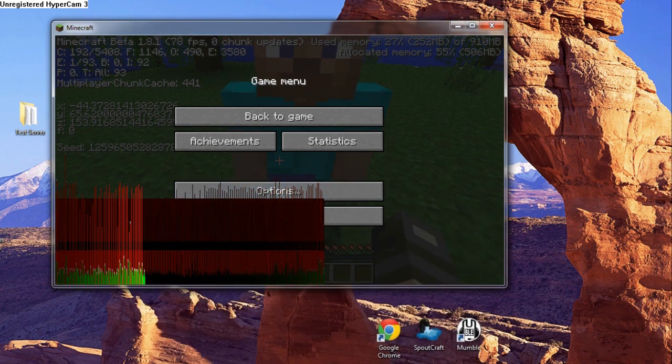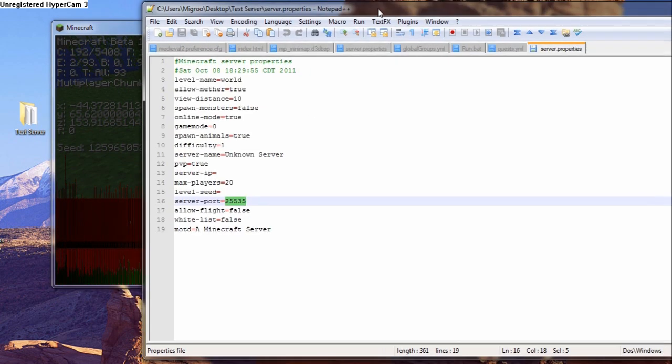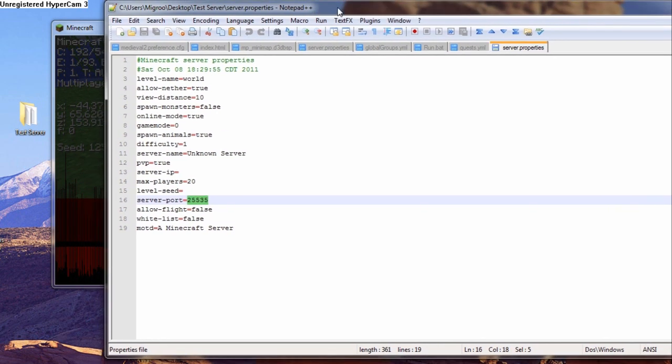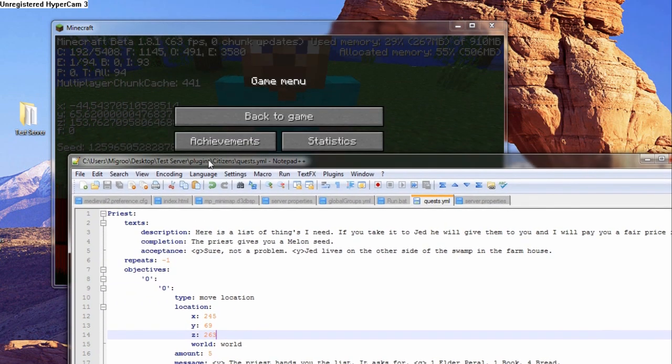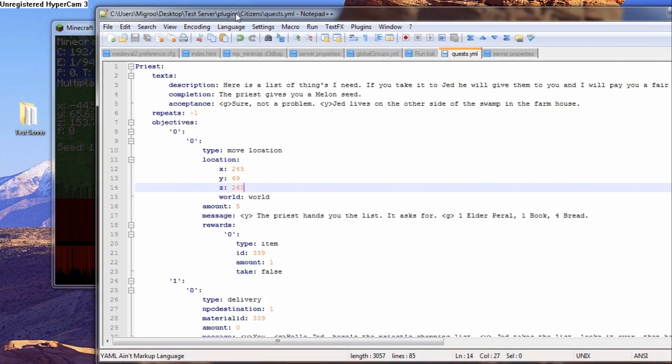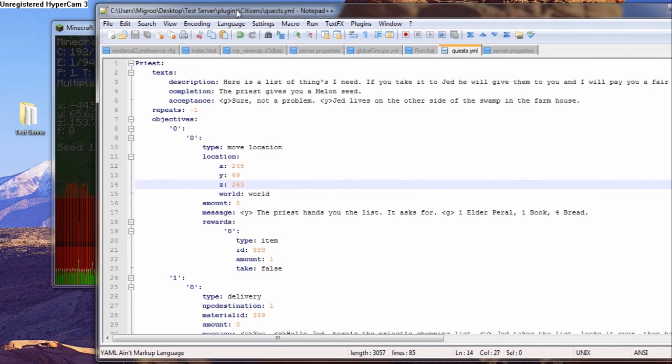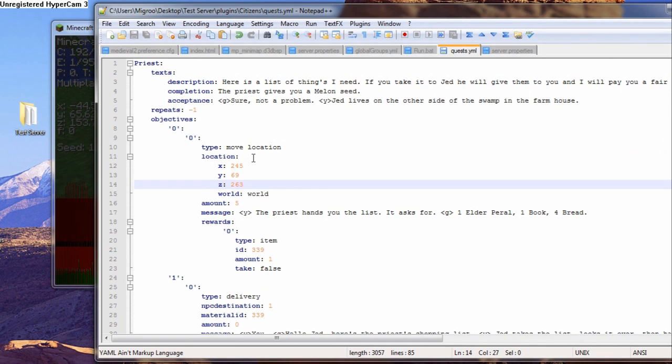We won't need that anymore. And we're going to bring this back up. Okay, now we can still see what's over there. So what we're going to edit is, see where it says, here we have the X, Y, Z, I'm not sure what the F is, and we also have the world seed, as you can see there, which can be useful if you ever want to recreate your world and use random seed.